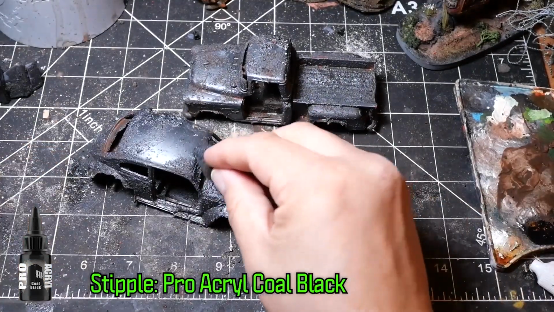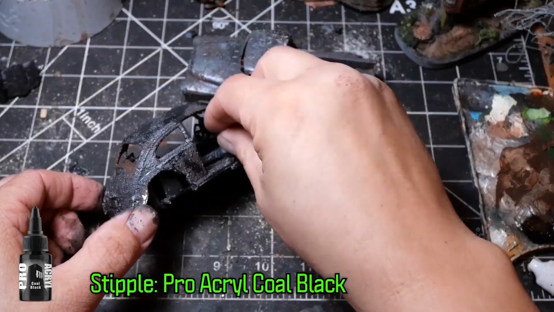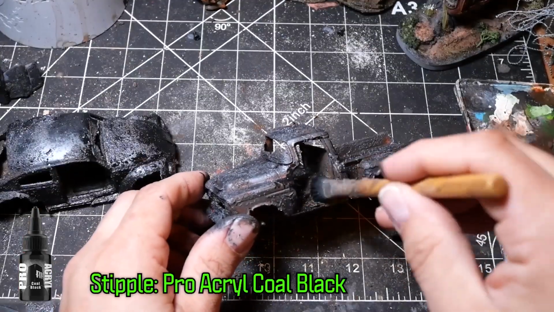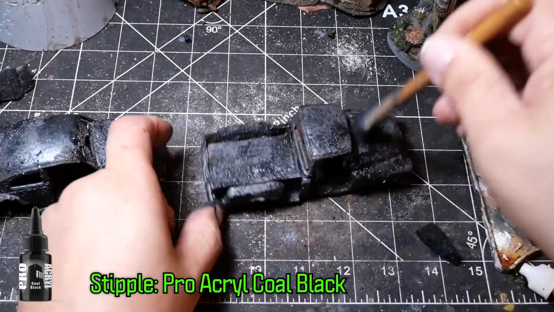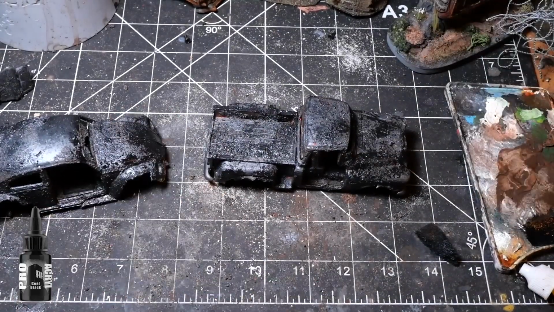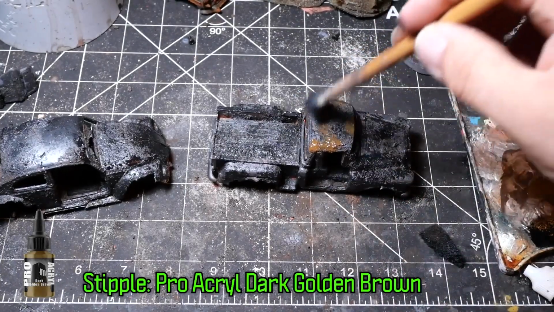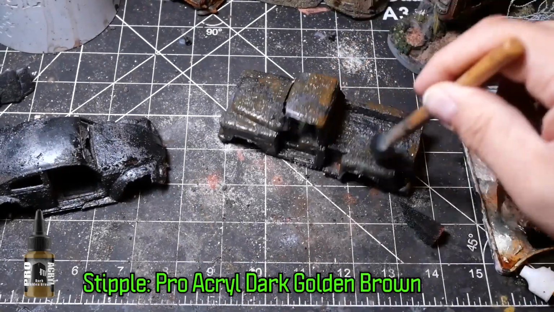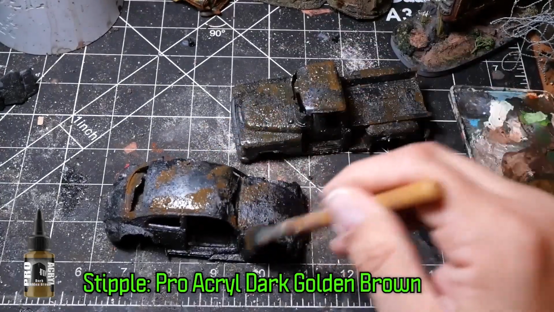Next, I come in and stipple on Pro Acryl Coal Black. I start with a sponge, but this layer is actually not that important for the sponging because we're going to do another layer of sponging later. So I wind up using one of my old makeup brushes. And then I come in with dark golden brown and stipple in the same way. You're wanting to kind of create the appearance of dark, rusty areas that are especially around areas of wear and